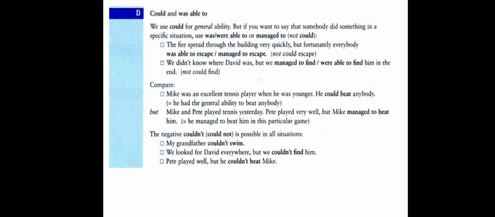So to complete the example, it becomes like this. Pete played very well, but Mike managed to beat him, or, add this part, but Mike was able to beat him. So we can use managed to beat or was able to beat in this part, because it is a specific situation. If the ability in the past is negative,